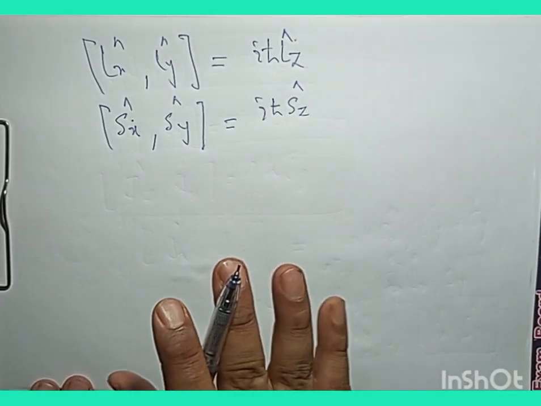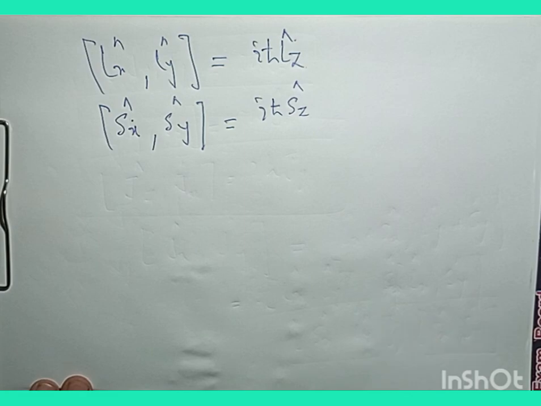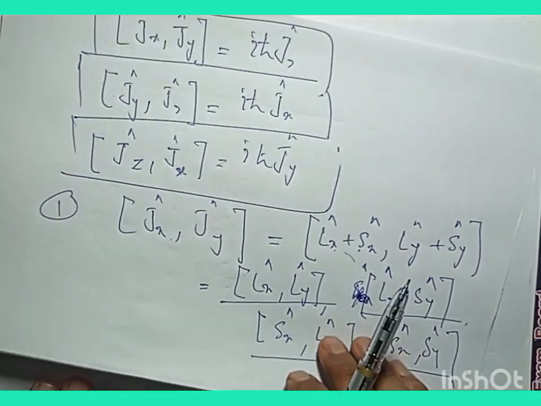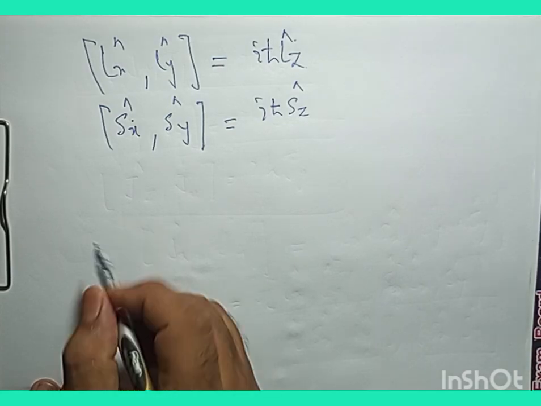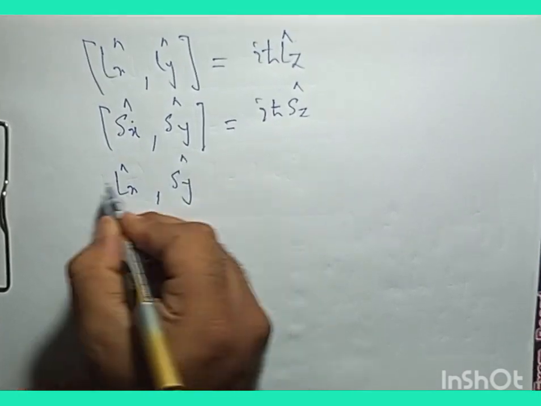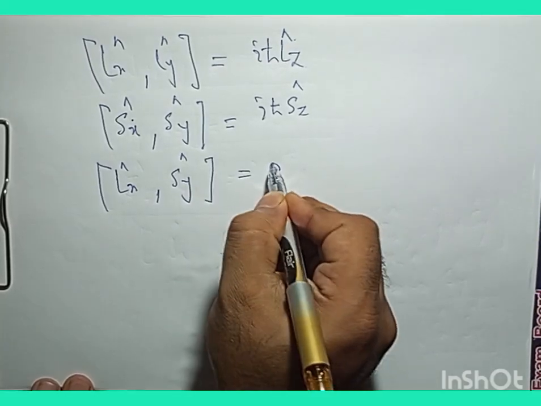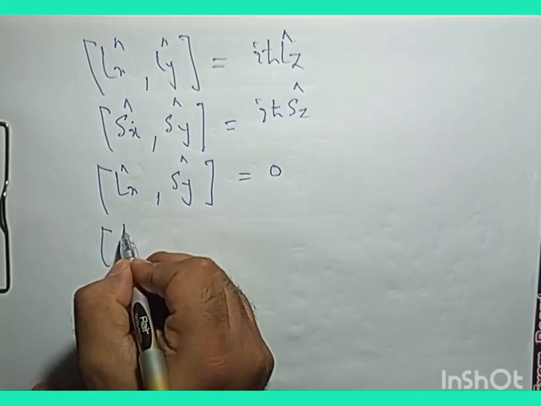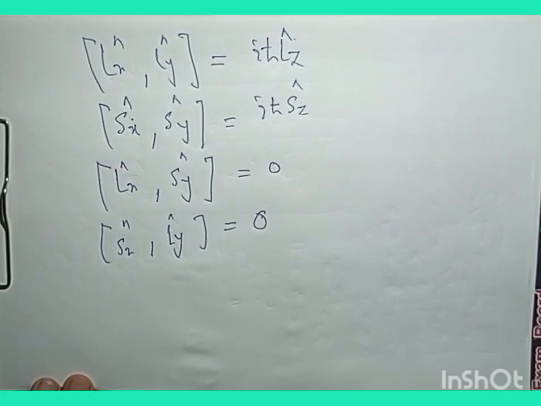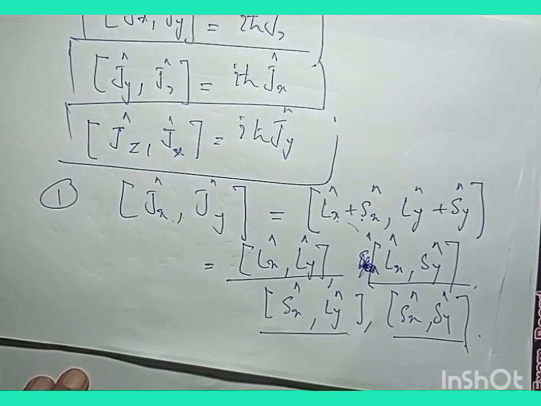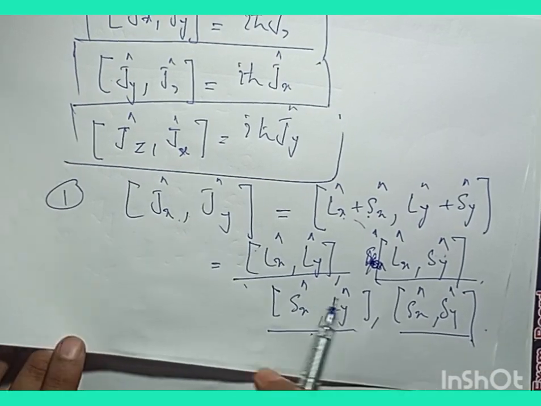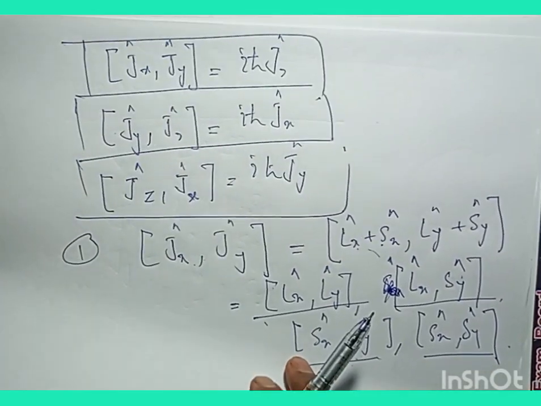Regarding the orbital and spin angular momentum operators, they commute with each other. So Lx cap and Sy cap commute, their result is 0, and Sx cap and Ly cap is equal to 0. So these two terms will lead to 0, and the other two terms are going to give us